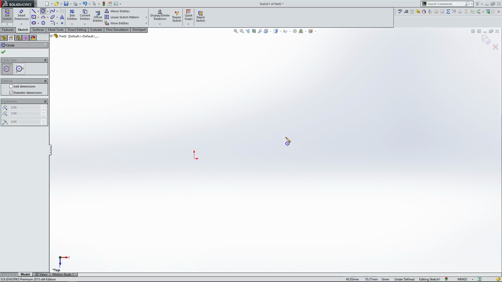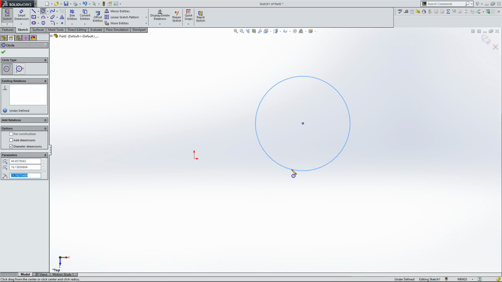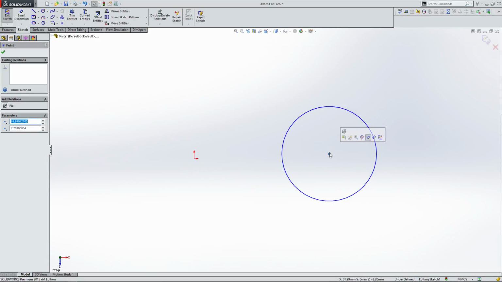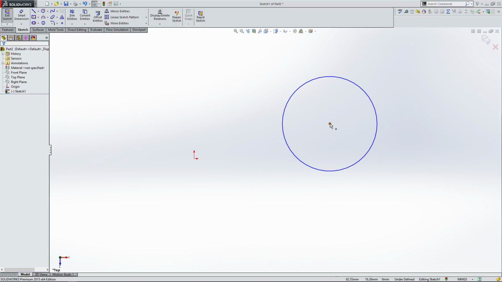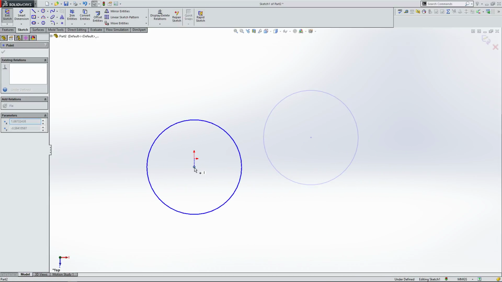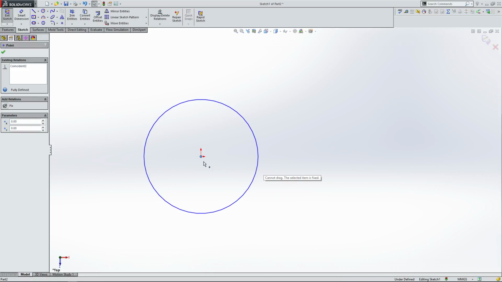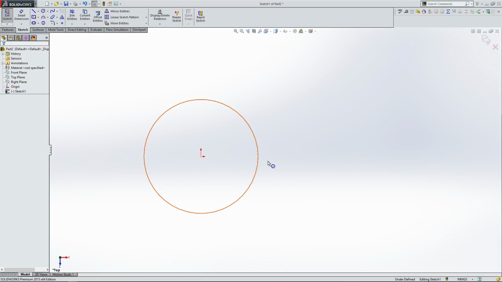Just as a cliff note, you really don't want to be starting parts in the middle of nowhere, because this point can be dragged around. This part, it's not constrained to anything. It should always start on the origin. As you can see, once it's on the origin, it can't be dragged anywhere,